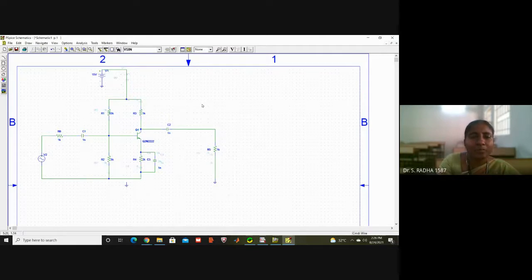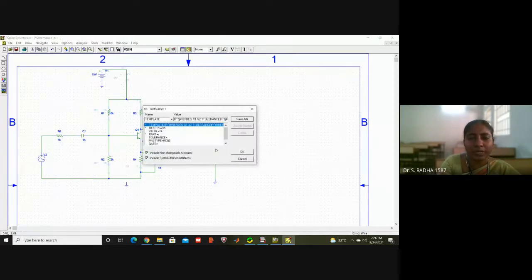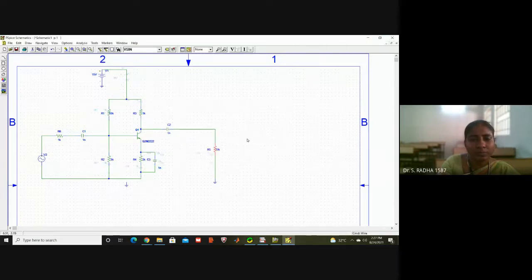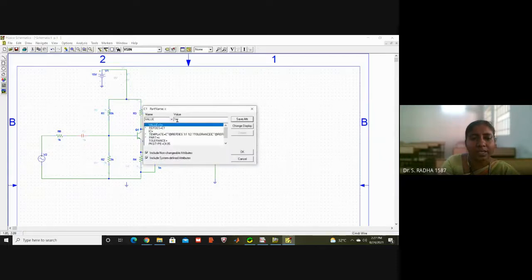You try. Then the output side resistance, I will give 10K. And all the capacitances, I will give 10 microfarad, 10u, small u.